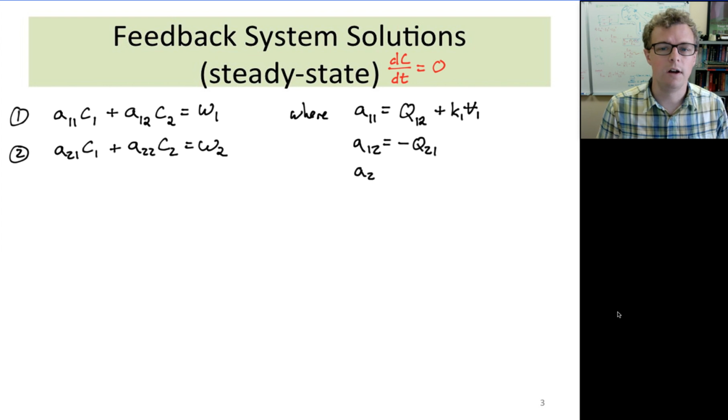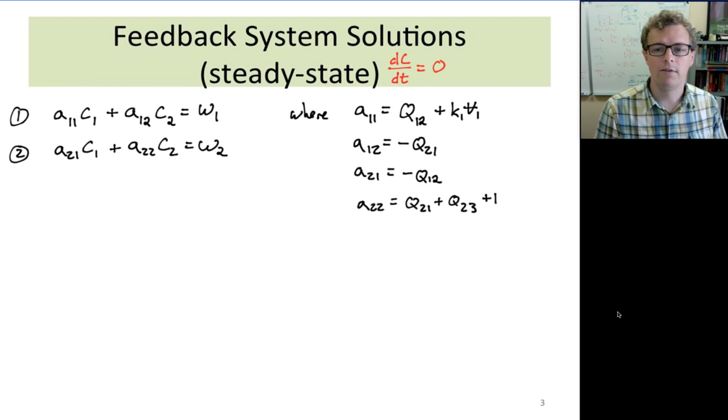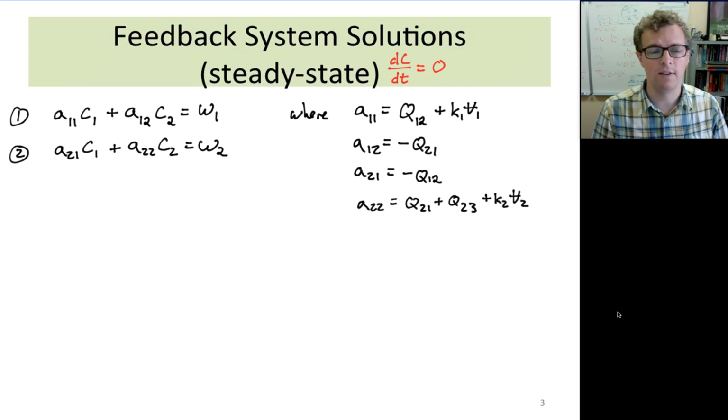And so if you've done this correctly, you should have the four terms that I'm writing out on the right-hand side here. You'll have A11 and A12, so that's CSTR 1, excuse me. And then for CSTR number 2, you should have A21 and A22. So if you can't manipulate the two previous equations into looking like these factored out forms, that's something that you need to practice. Assuming that you're with me,